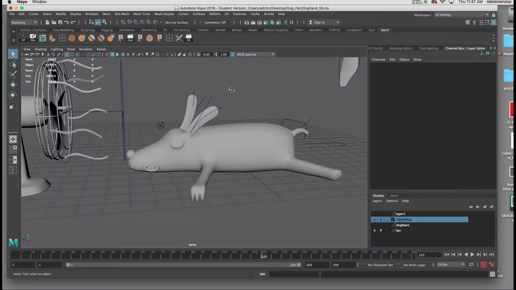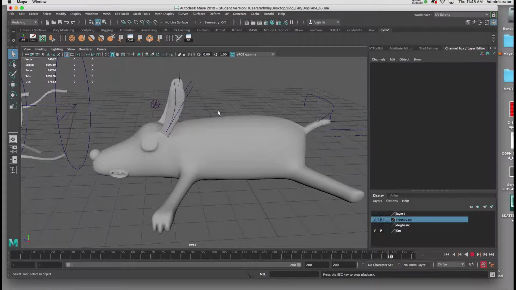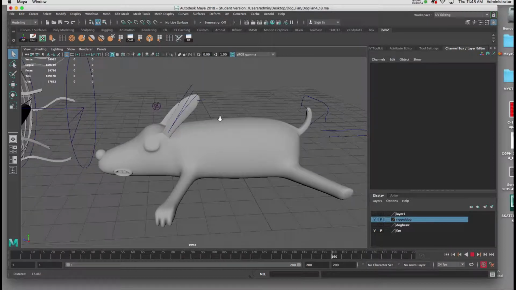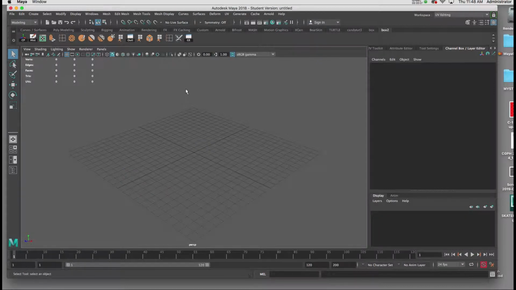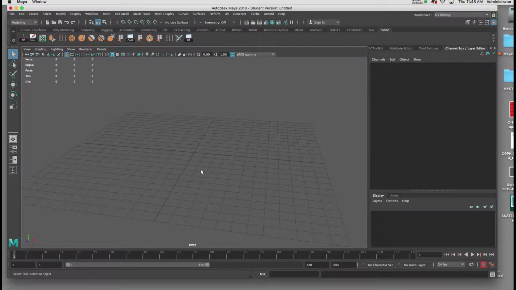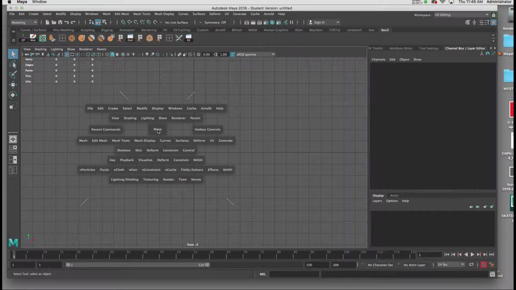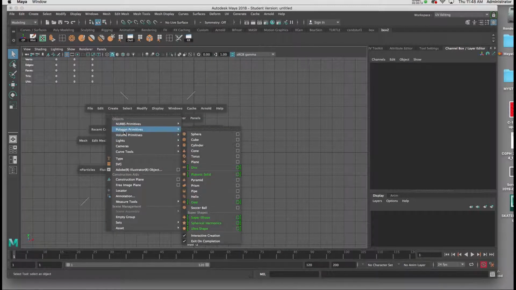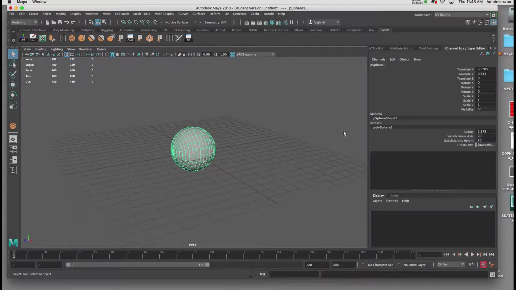This tutorial is going to cover creating the sleeping dog in front of a fan. Now you may have a drawing that you want to introduce using a free image plane, but I'm going to just wing this using a polygon sphere to start with. So I'll go to one of my orthographic views, hold down the space bar, go to create polygon primitive sphere, and drag it. Go to my perspective view, and I'm going to go to the inputs for polysphere, and I'm